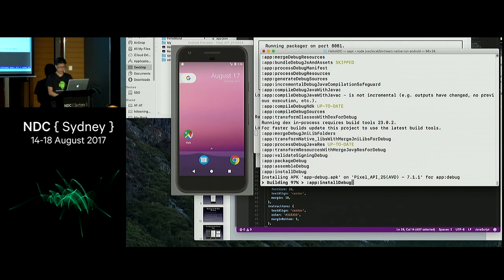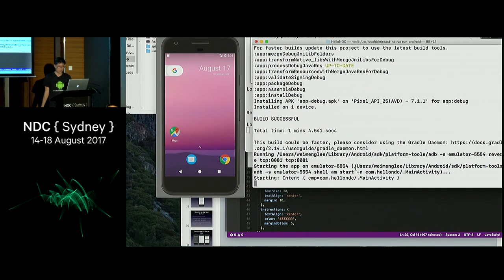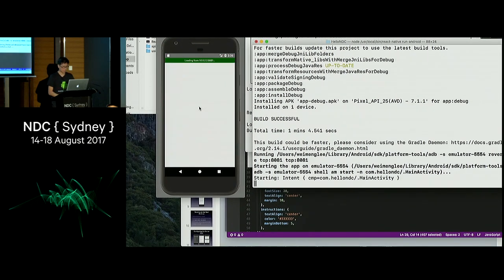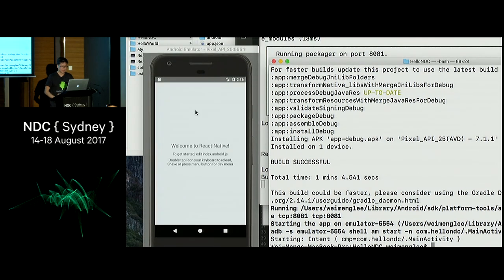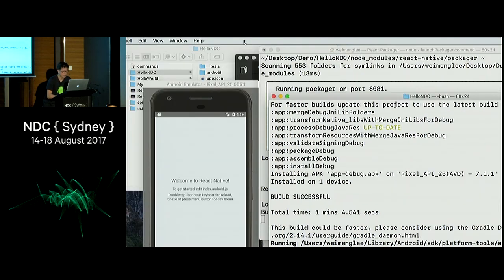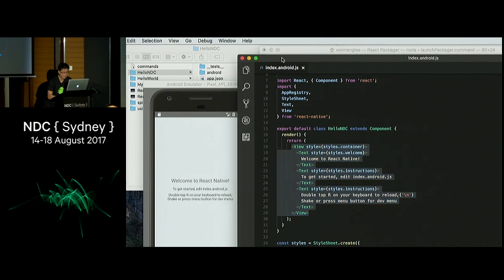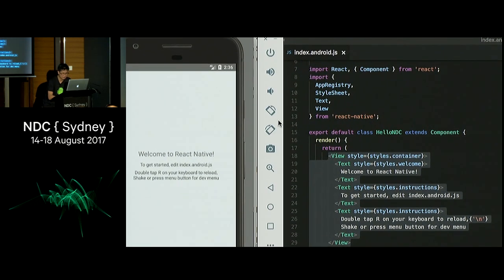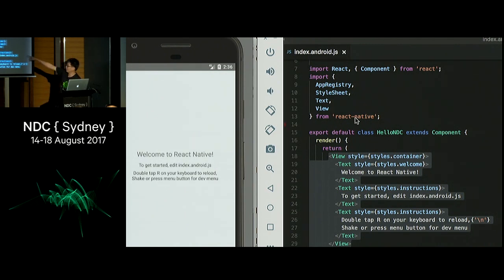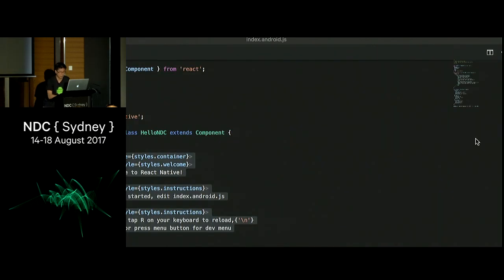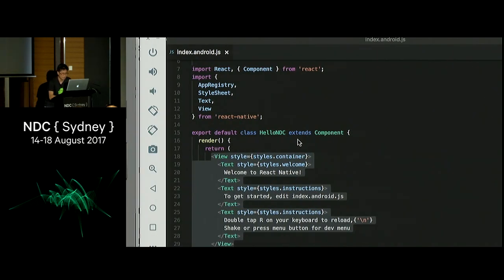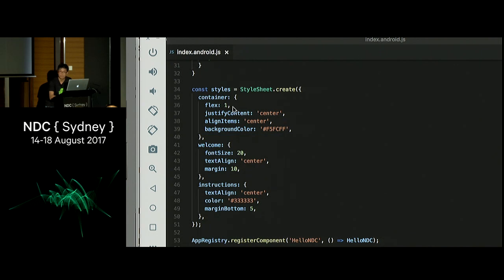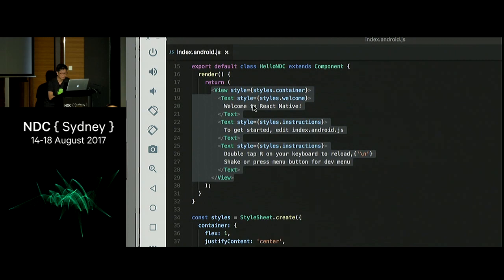It's installing onto my emulator now. Cool. OK. There you go. So if I were to compare this with this guy, can you see whatever you have here is here? Make sense? And you have your style sheet that defines your look and feel. So I don't think I need to explain to you what's a style sheet. So now,